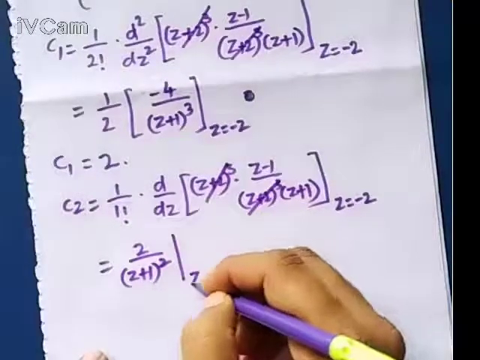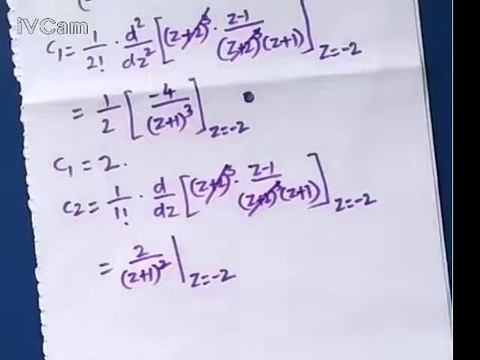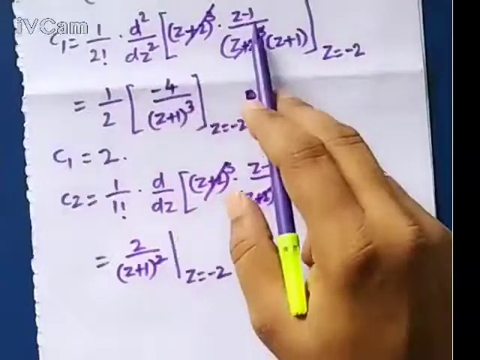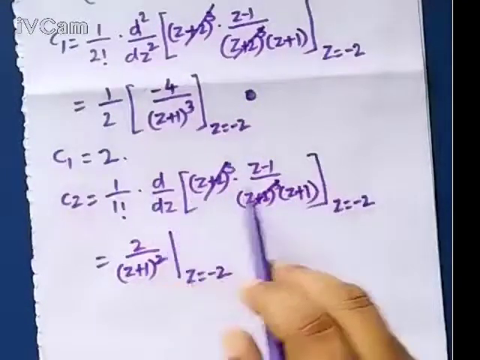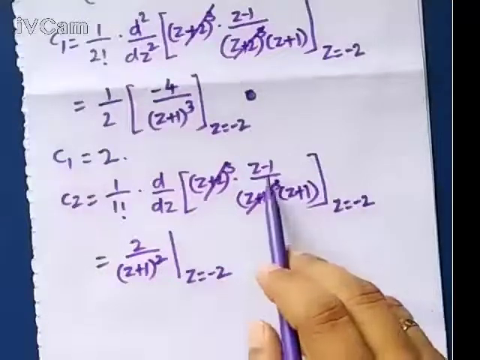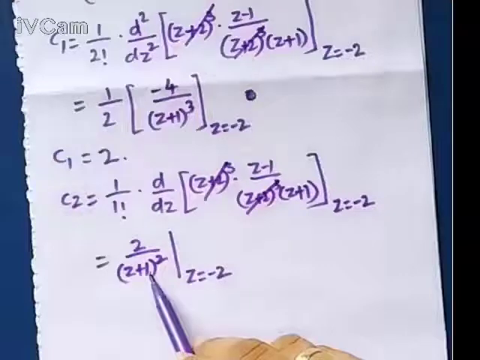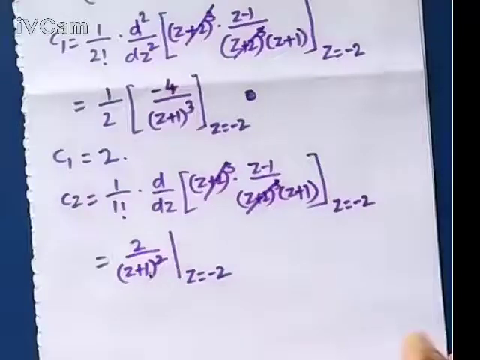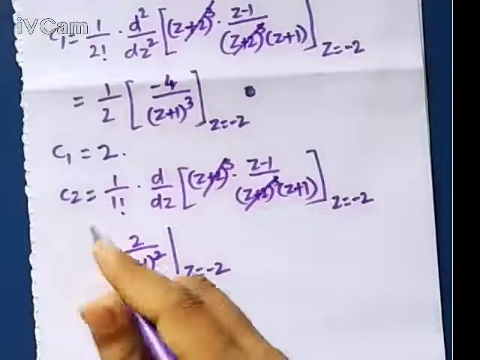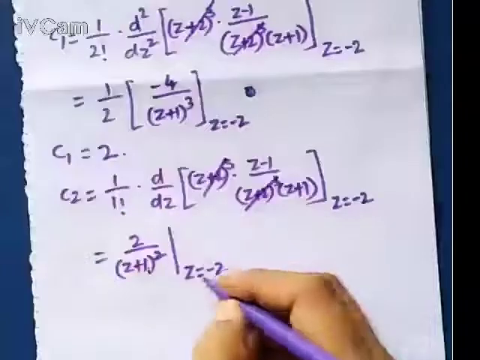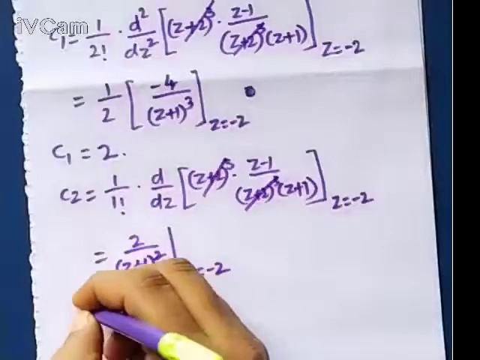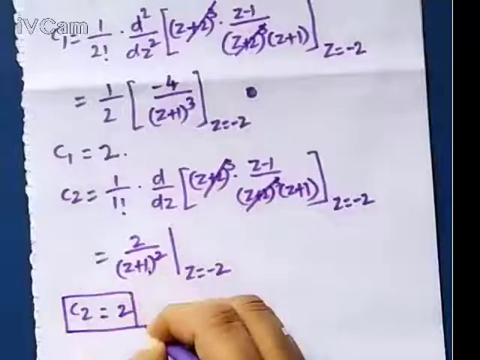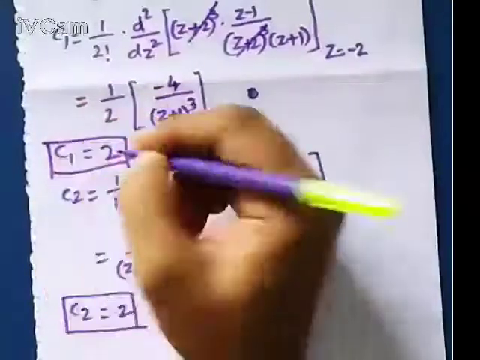So here this has to be z equal to minus 2. So one more way also you can identify. This is the second differentiation of z minus 1 upon z plus 1. This is the first derivation of z minus 1 upon z plus 1. तो इसको एक बार डिफरेंशिएट किया तो ये आता है, फिर से इसको एक और बार डिफरेंशिएट किया तो ये आता है. Okay, in that sense you need to understand this one. Okay, so this, if you substitute z equal to minus 2 here, you will get C2 as 2 only. Okay, so I will mark them so that it will be helpful.